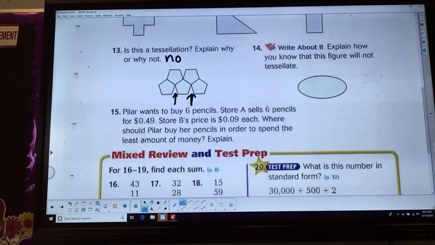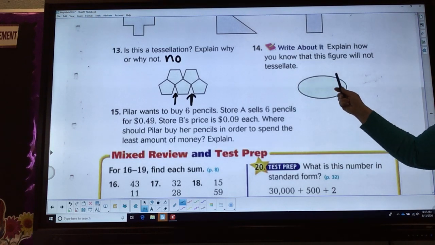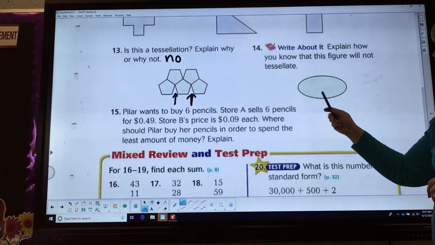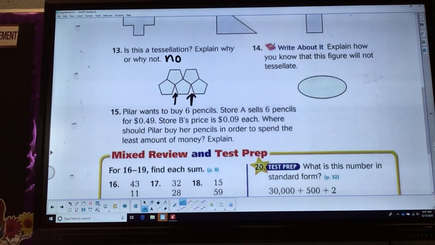On number 14, it says, write about it. Explain how you know that this figure will not tessellate. Well, what are some of the things that you notice about this particular figure? First of all, we have some rounded edges. We know that when we start